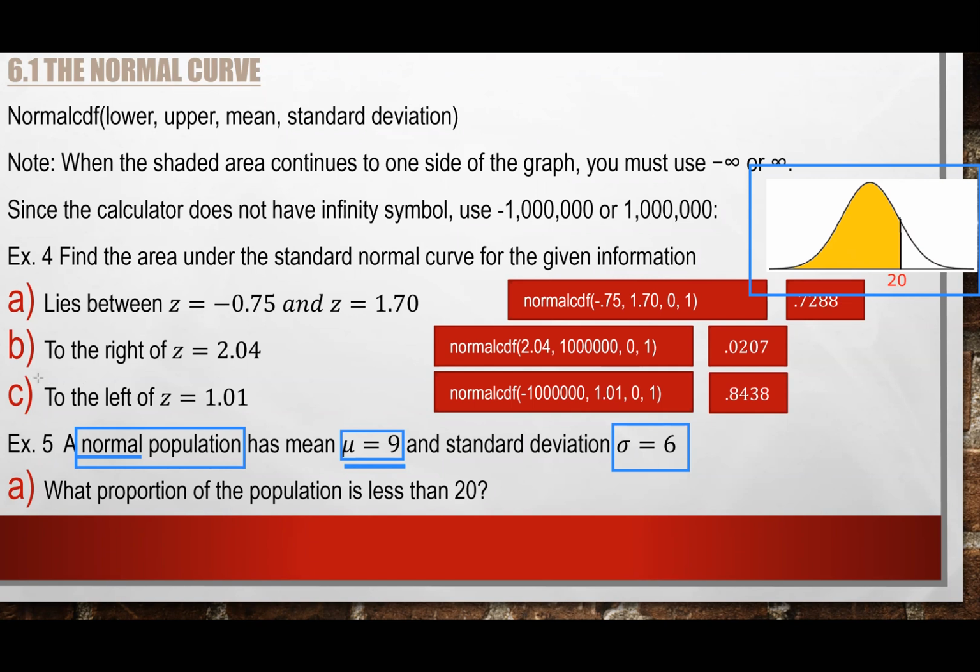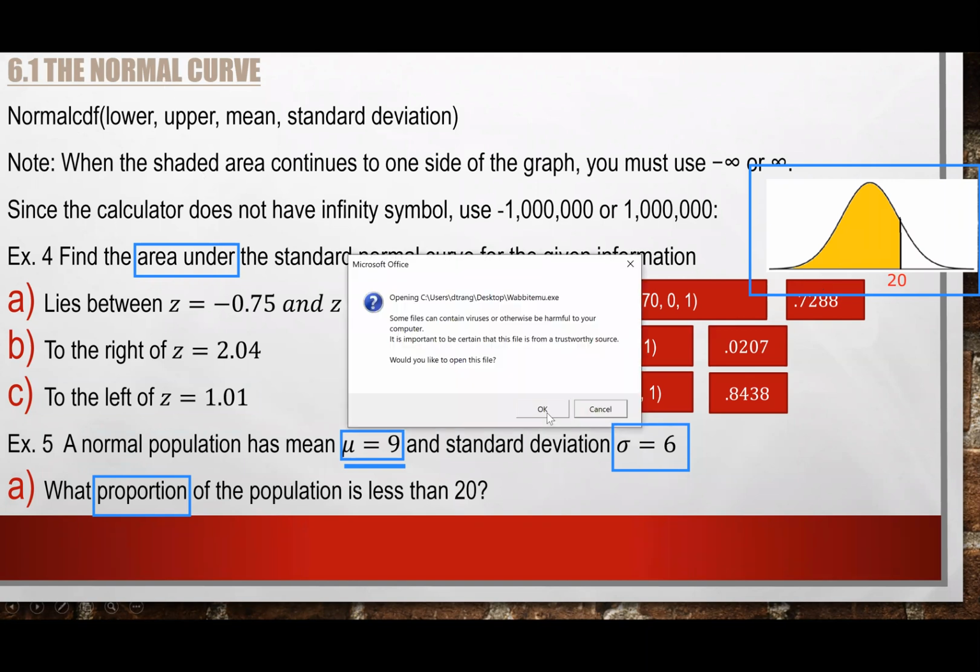And if you remember, I told you guys last time, the area underneath the curve, the proportion, and the next thing you will see, the probability, are all the same. So if they ask you for the area, if they ask you for proportion, or in the next problem, they ask you for probability, it's all the same thing. So if we know that we're looking for the area to the left because it's less than 20, all you need to do is now you can see that your calculator